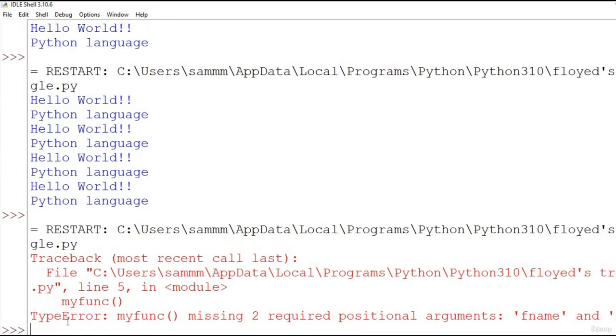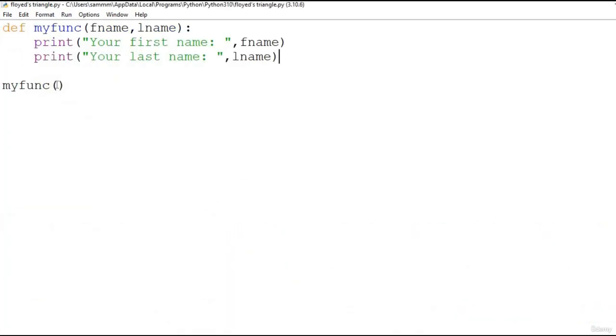it is actually giving us an error, which is a type error: my function is missing two required positional arguments, f name and l name. So we have not passed the values of f name and l name in our function call. Now what we have to do is pass two strings here for first name and for last name. So what I'm doing here, I am just passing John